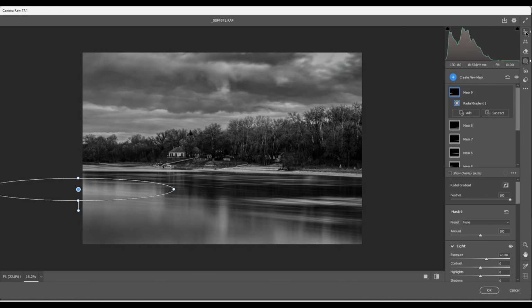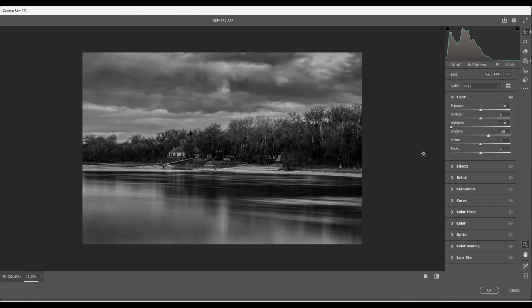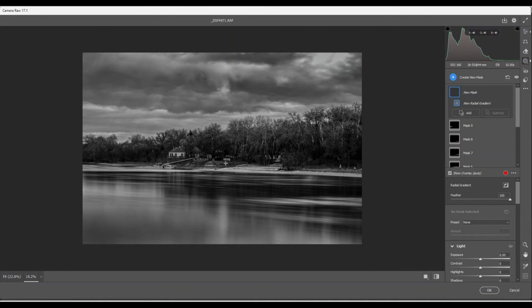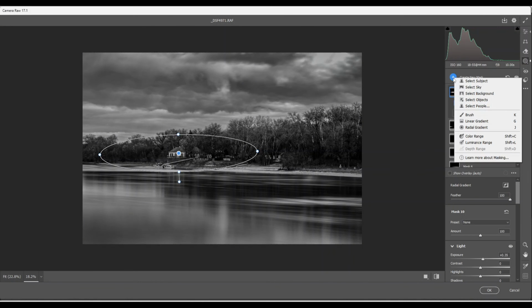I'm going to head out of the masking for a bit. Take a look at your image. And I'm going to go back to the masking and use another radial gradient for here. And I'm going to increase the exposure just a bit. Open it up a bit. Next. Next, I'm going to go